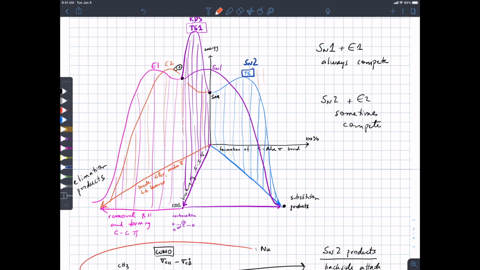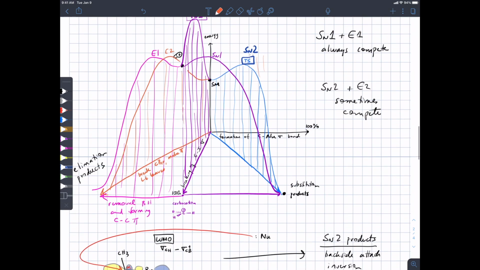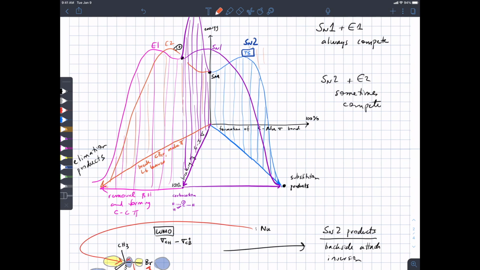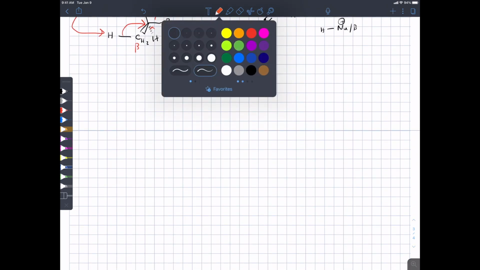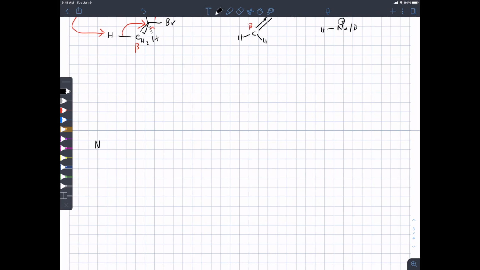So how are we going to judge? We know that SN1 and E1 always compete, so that's easy. If the leaving group is going to leave, you're always going to have SN1 and E1 products. SN2 and E2 is a little bit more challenging to deal with. And so the way we're going to do this is we're going to group our nucleophiles and bases, and we're basically out of time, but we're going to group them into 4 different categories: things that are good at both, things that are good at one versus the other, and things that are just terrible at both.